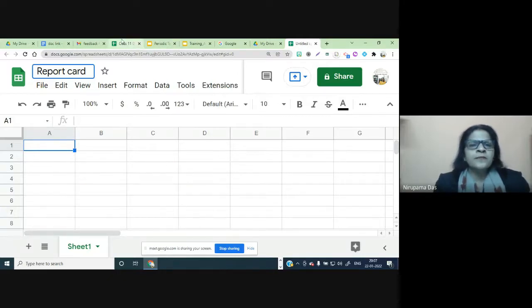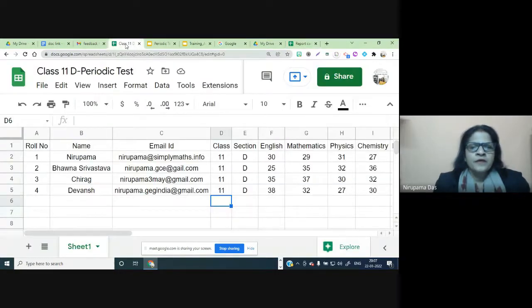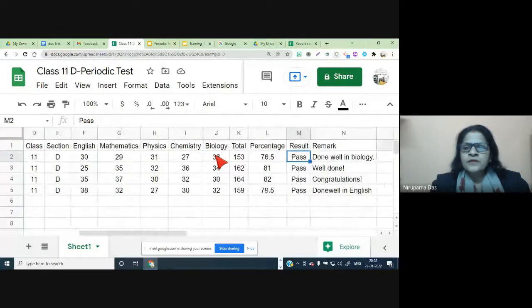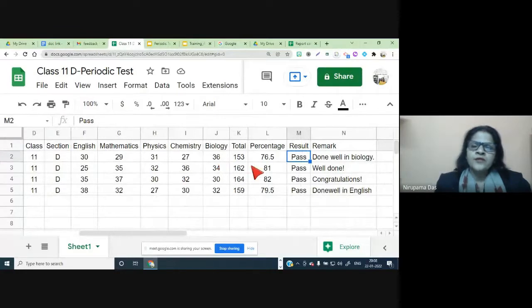Yes. So the columns which we need for our report cards, we can just see. I have one sample report card here. Result sheet, just a minute. Okay, so this is the sample spreadsheet, result sheet I have prepared just to save time. And in my report card, I need roll number, name of the student, and email IDs, because the report cards are to be mailed through this email ID, and of course class, section, and all the subjects, total, percentage, result, pass, fail, whatever, then remark.